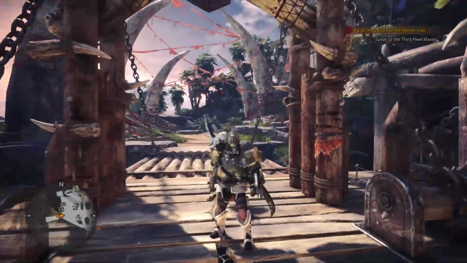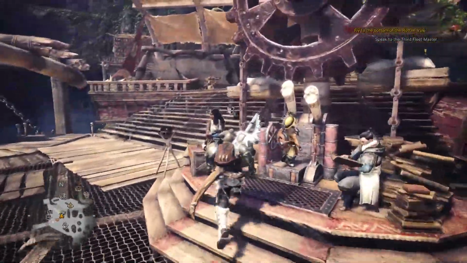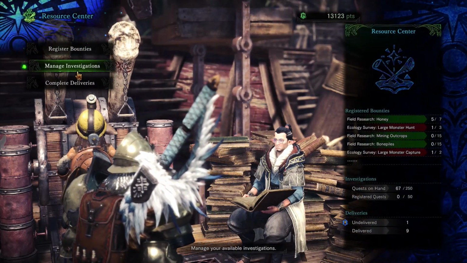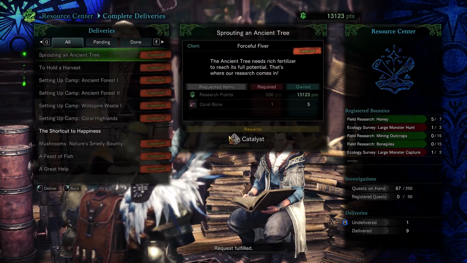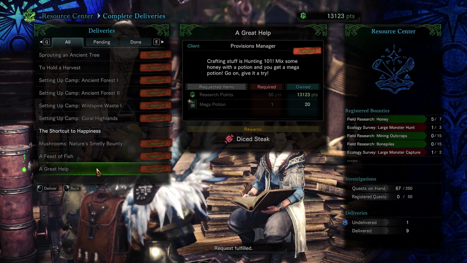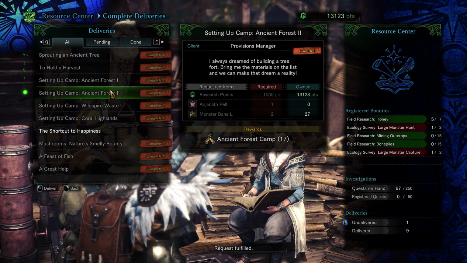So I am excited because in this part we're going to be taking on one of my favourite bosses in the game. The head honcho of the Coral Highlands itself, the Legiana. And I'll explain to you why in a second, why it is one of my favourites. Anyway, so sometimes after the Great Jagras mission, the expedition where you have the option of fighting the Great Jagras